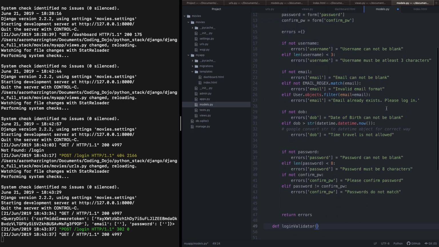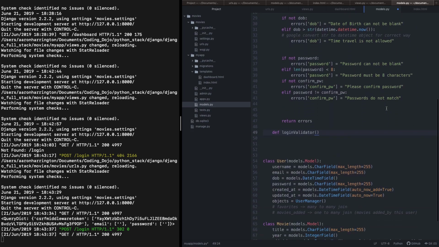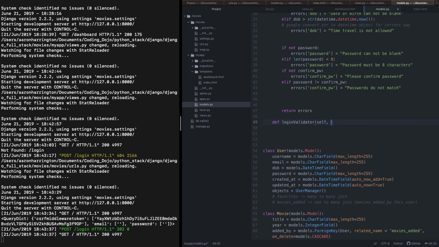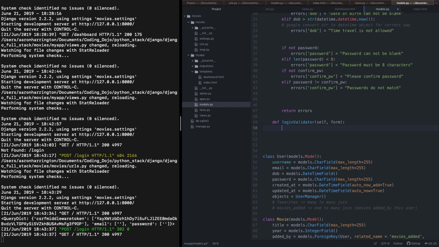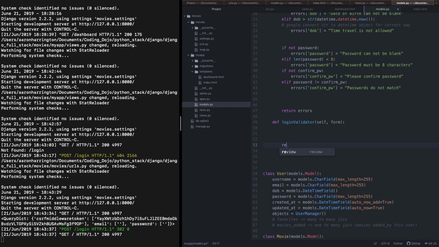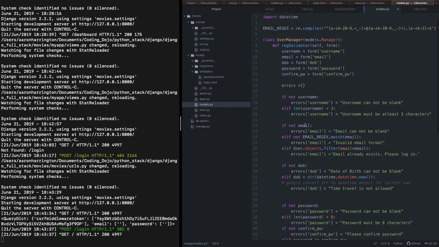And then we'll take in self and form, colon, and of course eventually we're going to return errors. Make sense? Alright, so now we're going to,